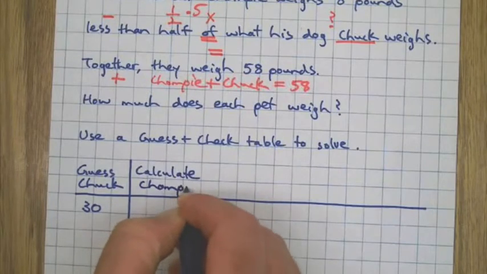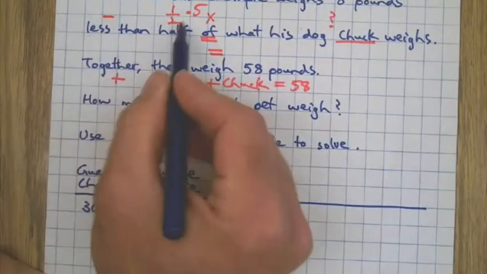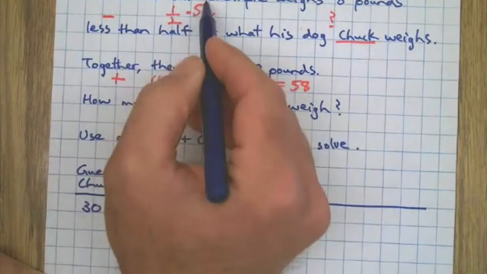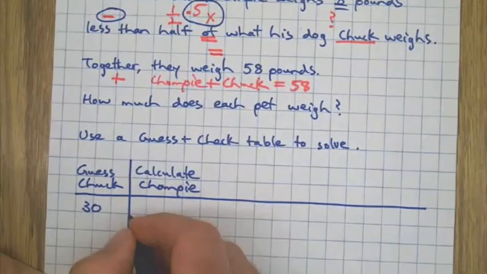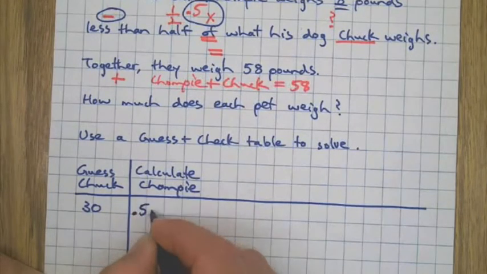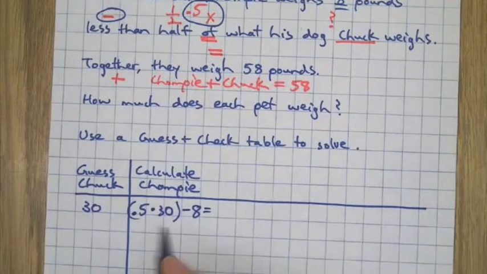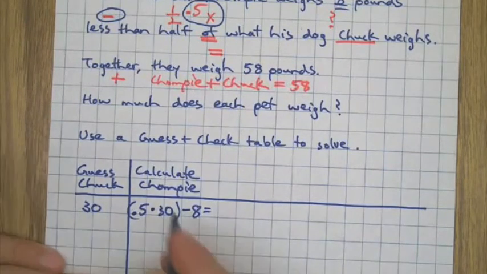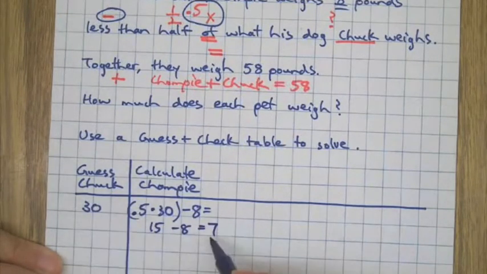Up above in red, we talked about the math of the situation here. Chompy weighs 8 pounds less than half of, so here's half of, there's the less, and there's the 8. So I'm going to go half of 30, 8 pounds less. That's going to calculate Chompy. So there's half of Chuck less 8. Got it? So this is really like 15 minus 8. So if Chuck weighs 30, Chompy weighs 7,